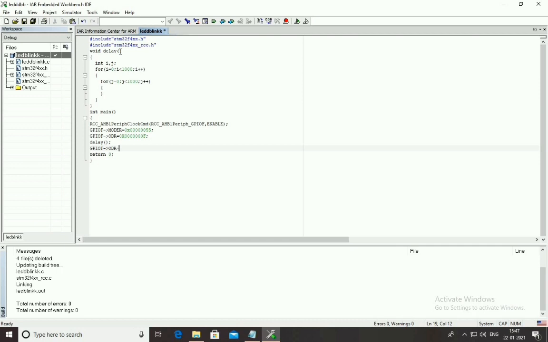So this code will blink the LED. Okay, so you have to feed high and low values to make the LED blink.